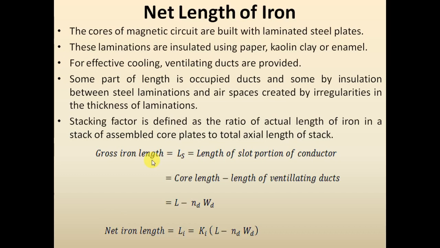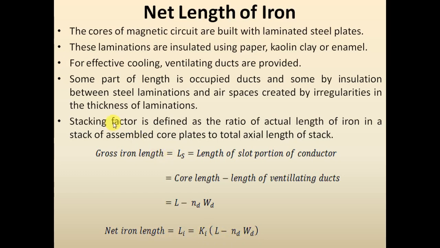Gross iron length, when radial ventilating ducts are provided, can be found out by using the relation L minus NdWd. But this will not be the net length of the iron portion. In this term we haven't taken into consideration the insulations which are provided between the laminations. So the net iron length can be said to be Ki into L minus Nd into Wd, and this Ki